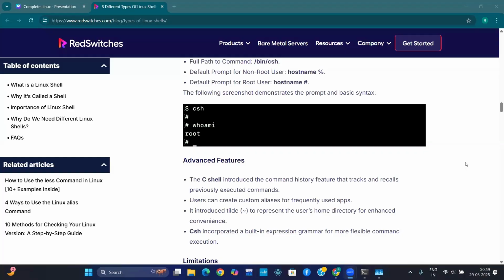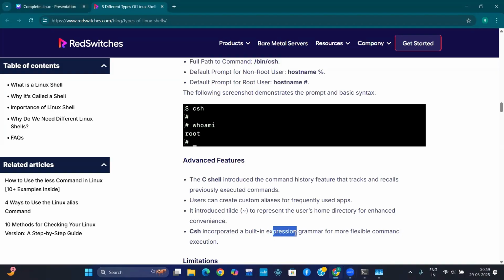Okay, so the advanced features are that C shell introduced the command history. So I just read it previously also. CSH incorporated a built-in expression grammar for more flexible command execution. It introduced the tilde symbol to represent the home directory to enhance